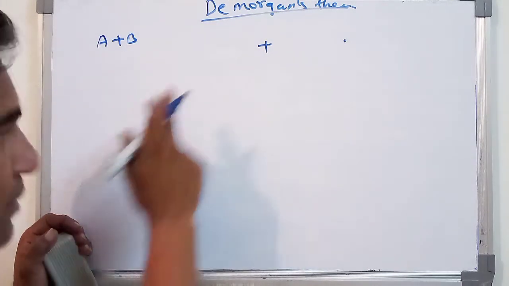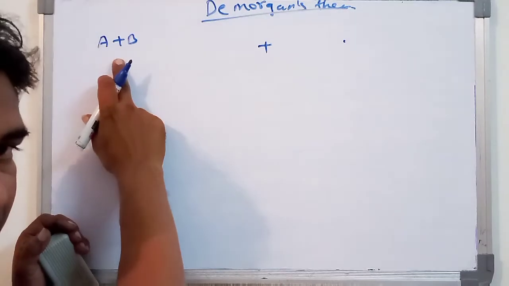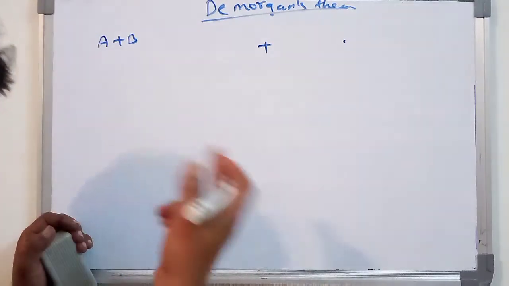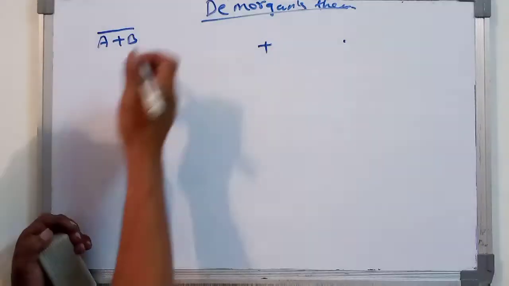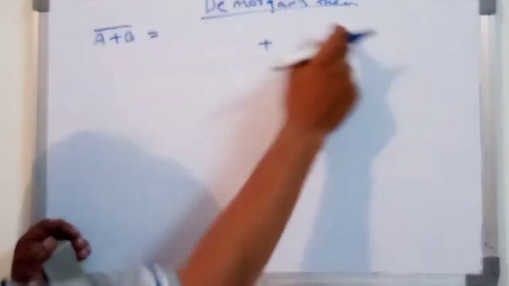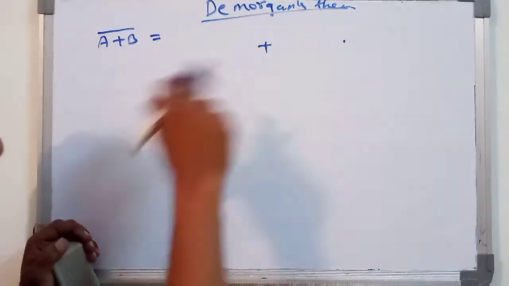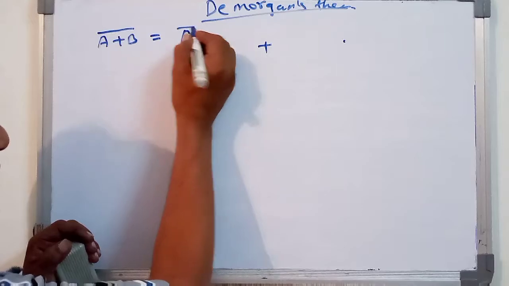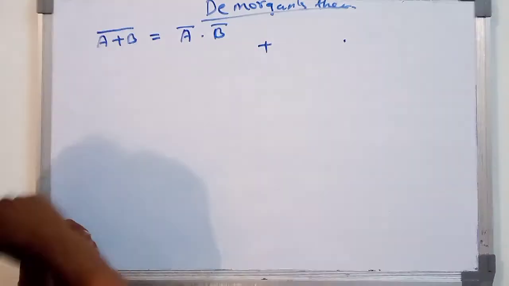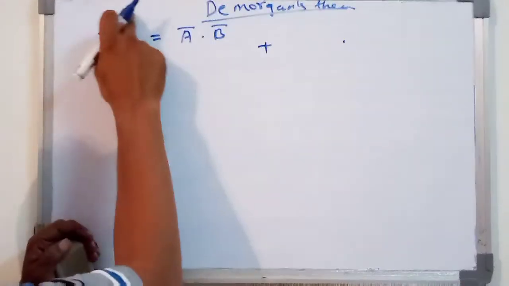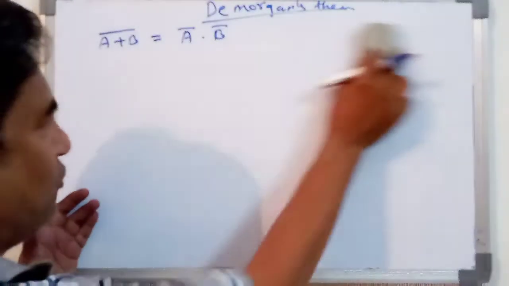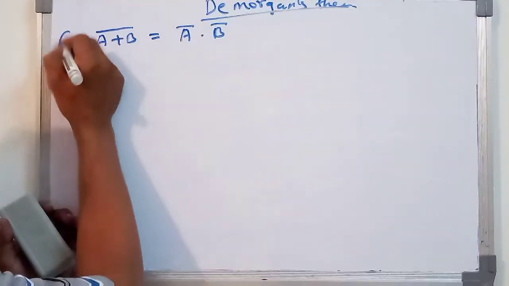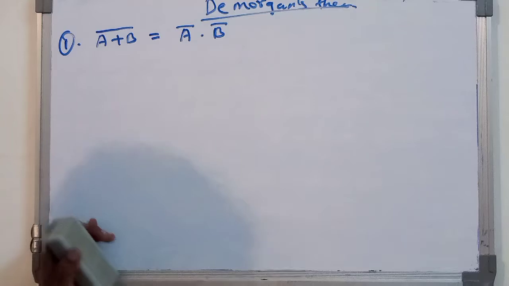Now, as per that, the first sum, a plus b, as per the definition you have a complement value, and you will be getting the product. That product has to be separated like this, and you may say that a plus b whole bar is equal to a bar dot b bar. So here you have the first theorem.